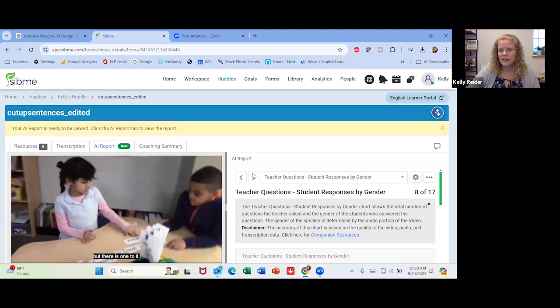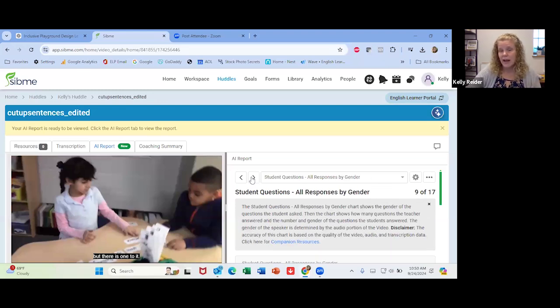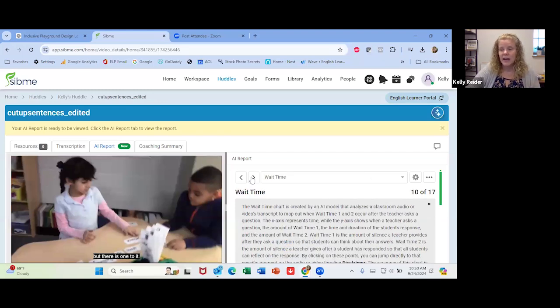If you're looking at equity in your classroom or participation, who is participating, who may not be participating. Wait time, crucial piece of data we want to look at when it comes to the English language development classroom or our content teachers who are working with English learners who need that extra processing time.